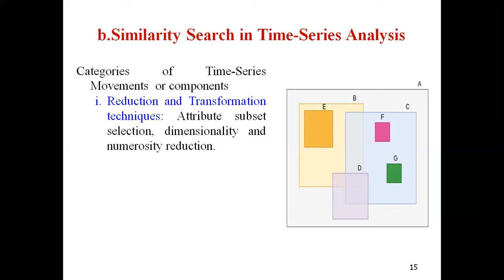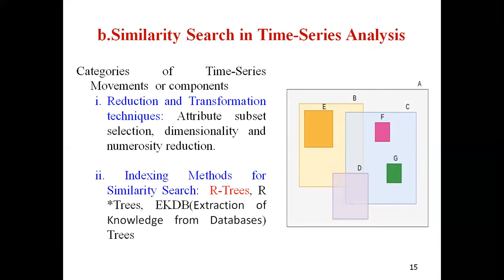Data pre-processing. And then coming to the indexing methods for the similarity search. Here, the R tree, just like the R tree appearing in the right hand diagram, shows the R tree value. Here in this case you have an E and then a box. That is called the R tree, R star tree, and the extraction of knowledge from the databases. Here all our information represents searching for similarity. For searching for the similar, this diagram indicates the symbolic diagram.